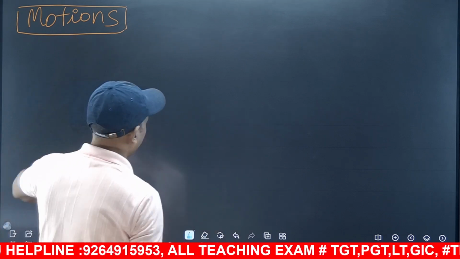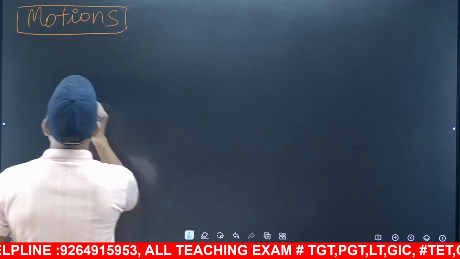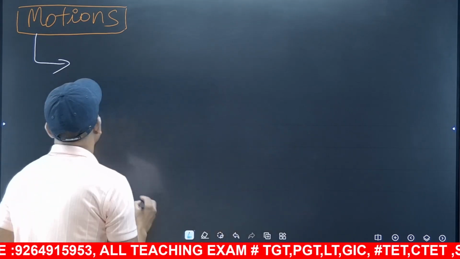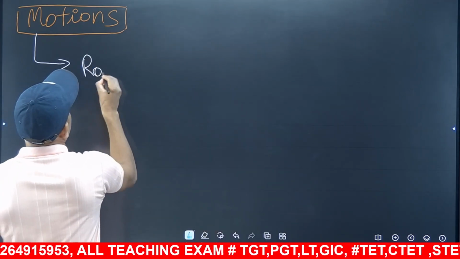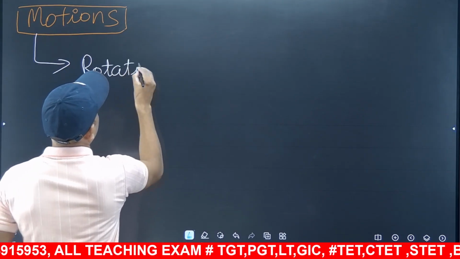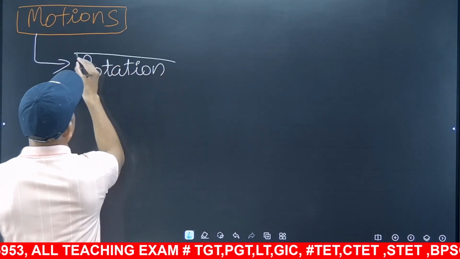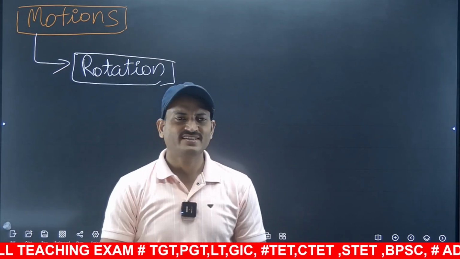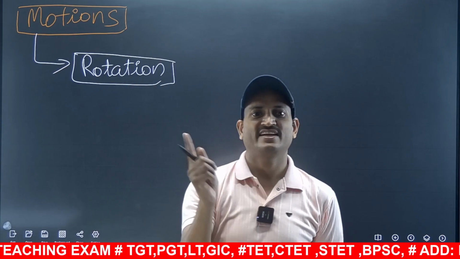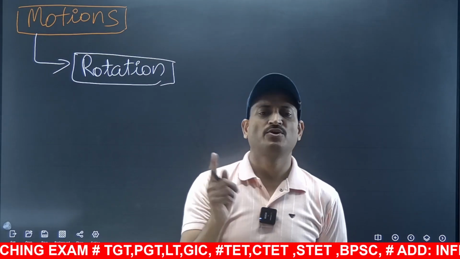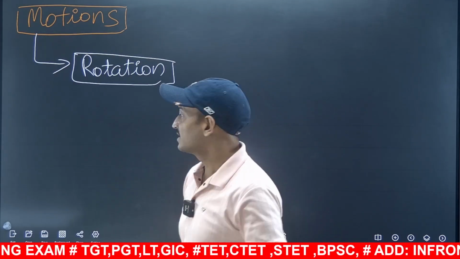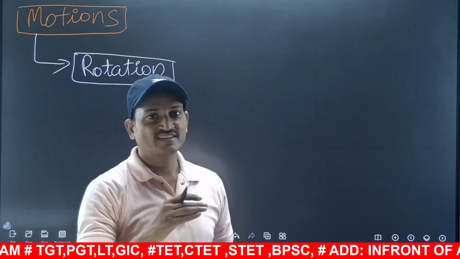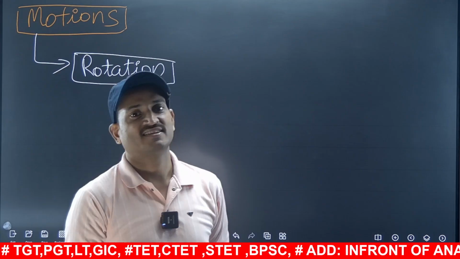So the first important motion of the sun is rotation. It is very important. But when we talk about rotation, we imagine like earth, because earth rotates on its axis and completes one rotation in around 24 hours. But this is not the case with the sun, because sun is a gaseous body. It is made out of gases. It is a sphere of gases.